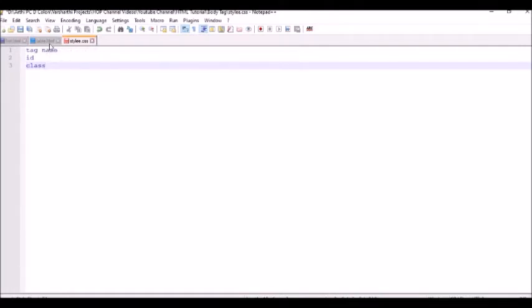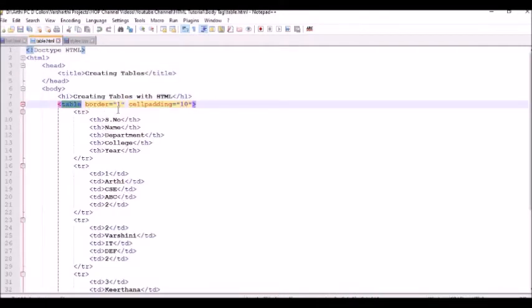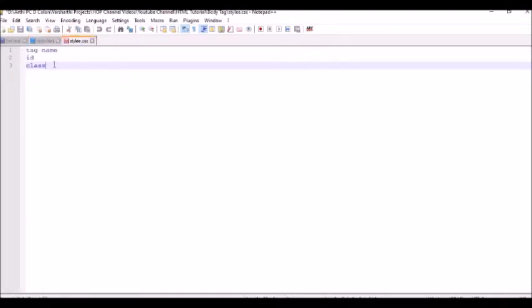So for your tag, if you have given an id or class attribute, you can define the CSS property using either the class value or the id value. For defining the CSS coding with a class attribute, you have to use the dot operator. For id, you have to use the hash operator. These are the basic things.